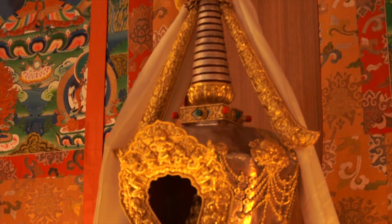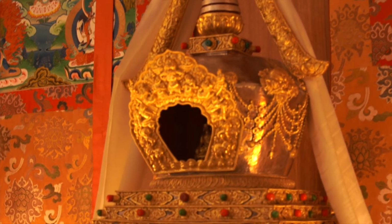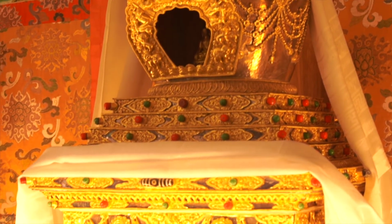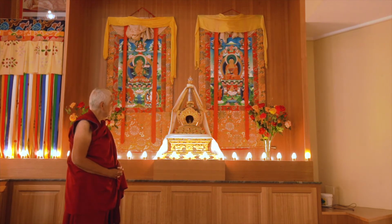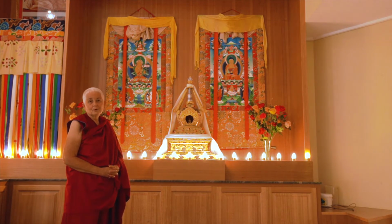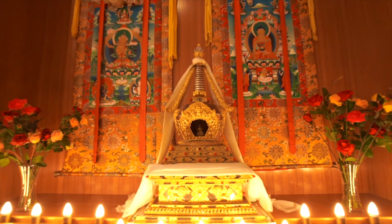And this one was made in India. I actually visited the craftsman's studio while it was being made. It's all hand-beaten. Some of it is gold-leafed, and some of it is silver-leafed, and it is in a very particular and traditional shape. It represents the Bodhi mind, or the perfection of mind of the Buddha, and you can